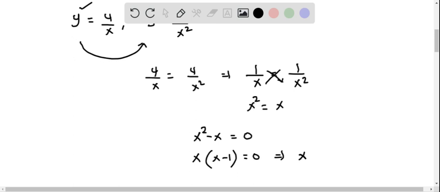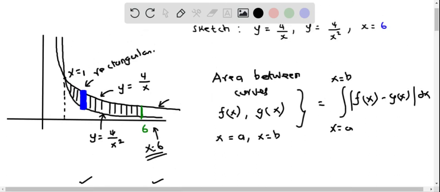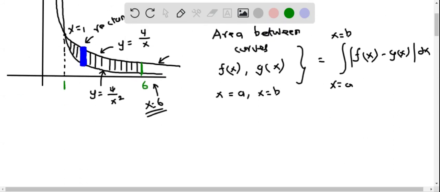So we get two values of x: one of them is x equal to 0 and the other one is x equal to 1. Therefore this point of intersection is clearly x equals 1. I just put this as x equal to 1. And so now we can calculate the area between the two curves, or the area of the shaded region. The area bounded by these curves and the line equals the integral with the lower limit of x which is 1 and the upper limit of x which is 6,